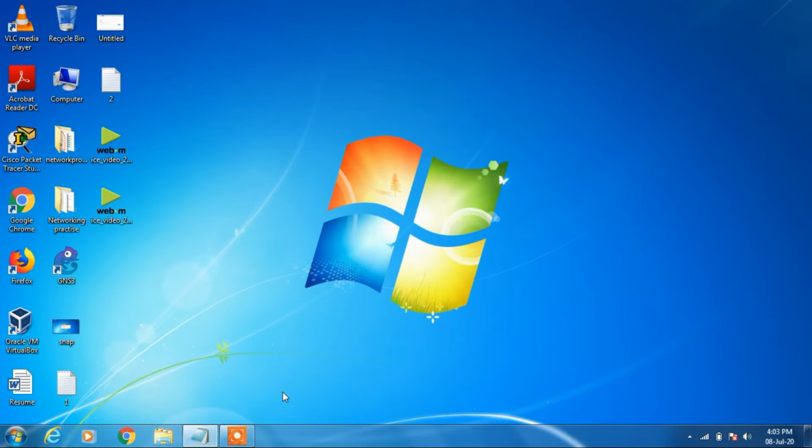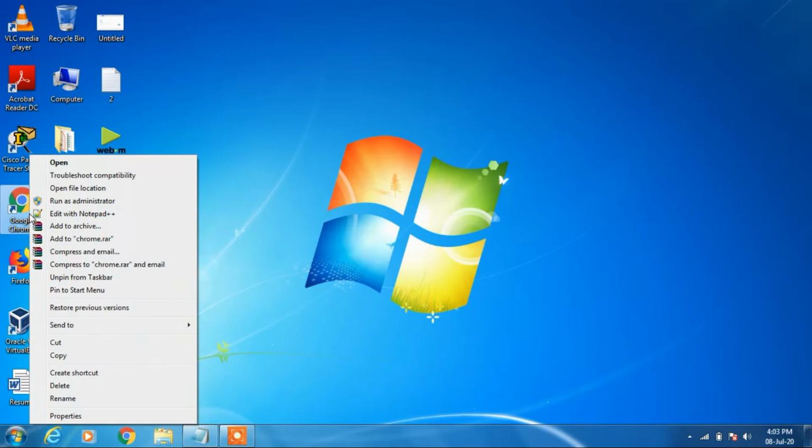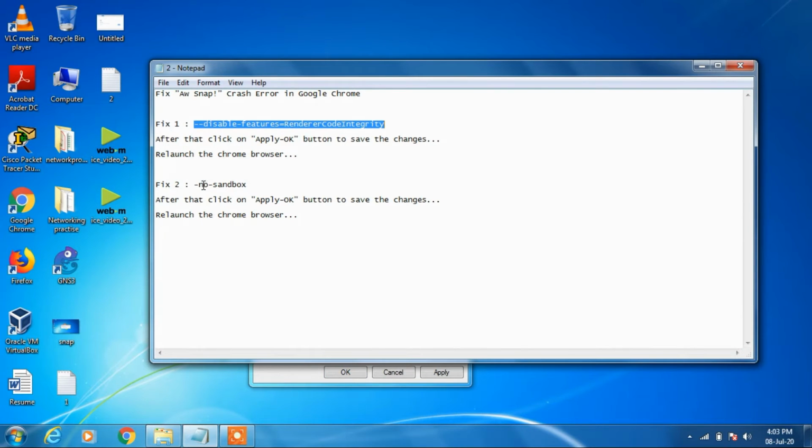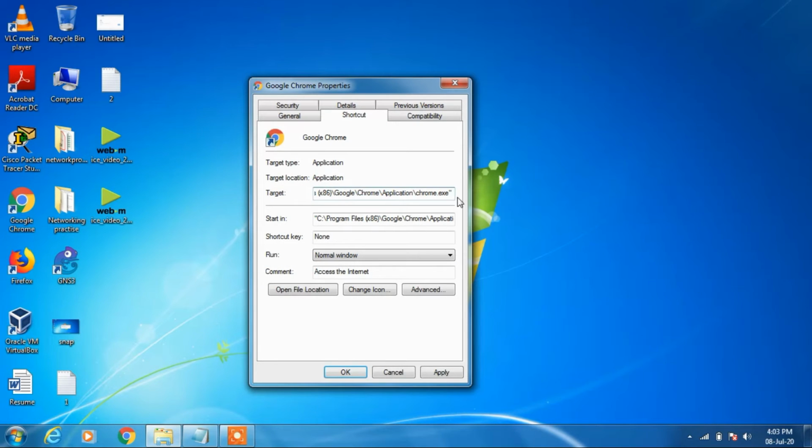If method 1 does not work for you, try out method 2. Now go to the shortcut and then click on properties and again go to that target path. This time just replace this previous code with the other code. Just copy this other code and in the same way just give one space and then paste the code. Make sure to give this one space here.